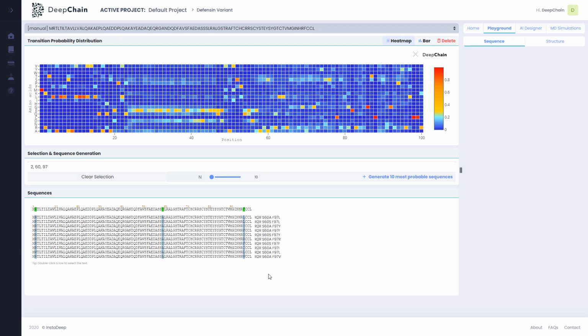That's it. We've seen how to get insights on protein sequences using state-of-the-art machine learning